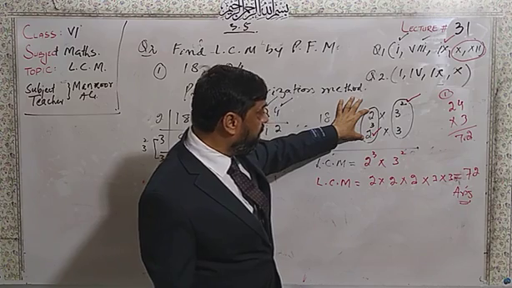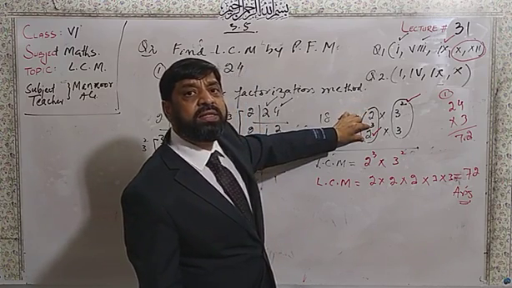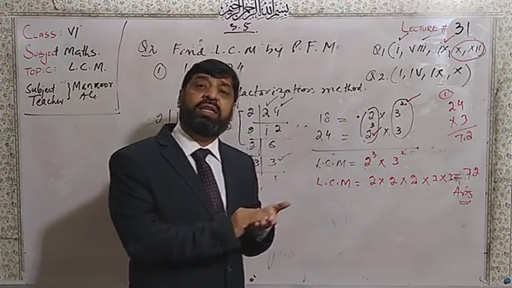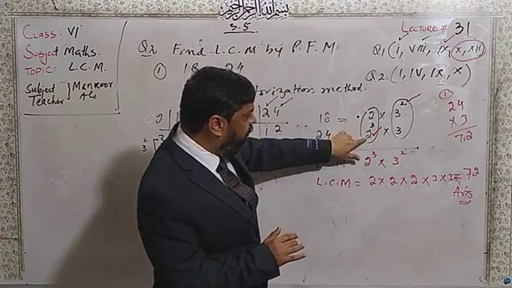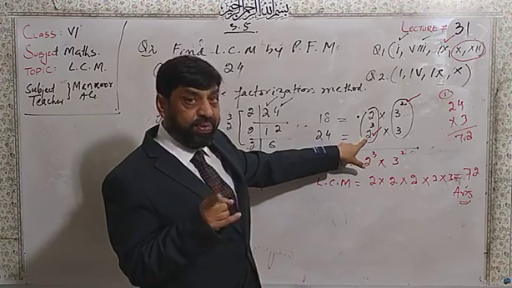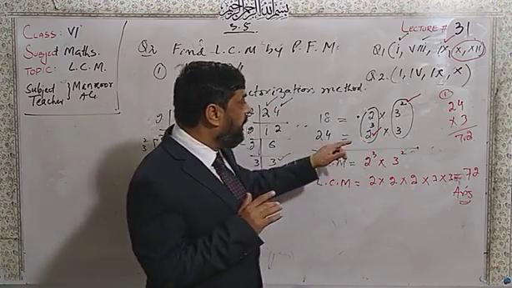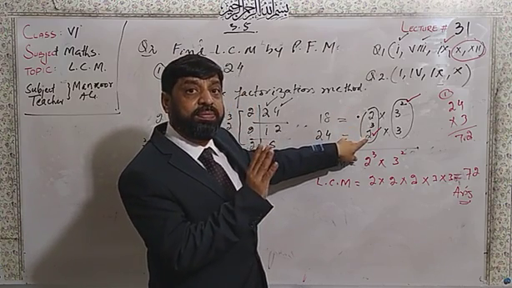Now this will be equal to the common, and common will be taken from these 2 factors. Common is also included, uncommon value is also included. So you will take the power in case of LCM. In case of LCM, HCF is different. Here you will take the power which is maximum.